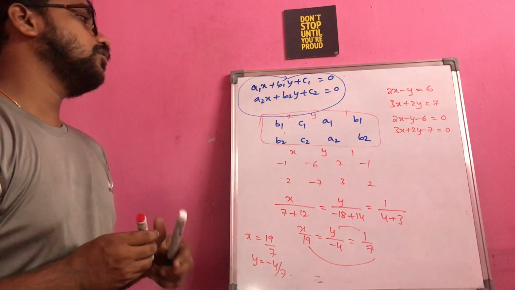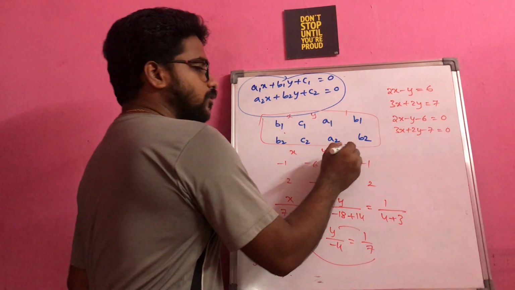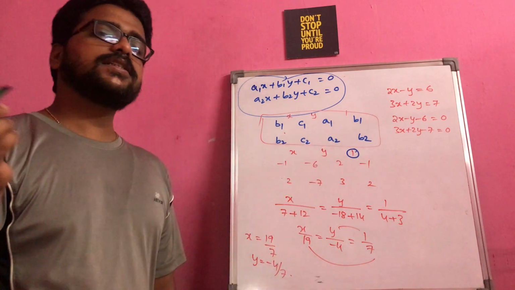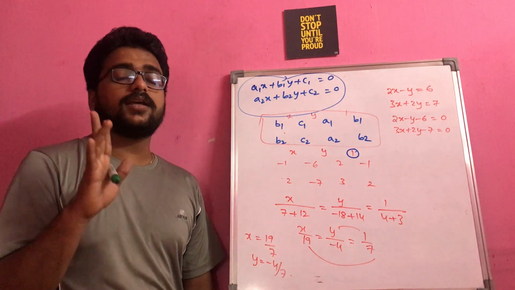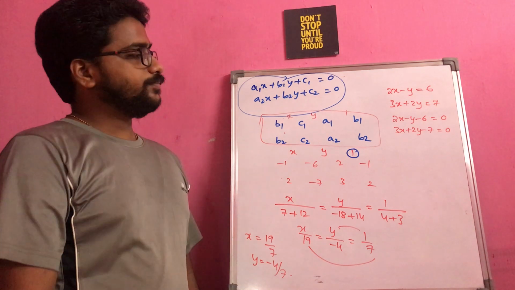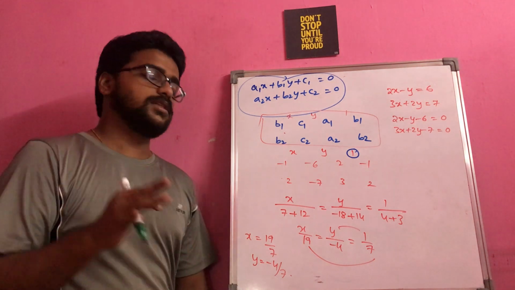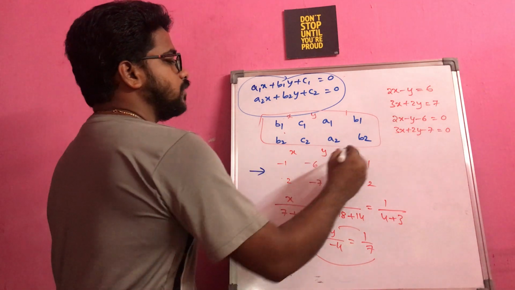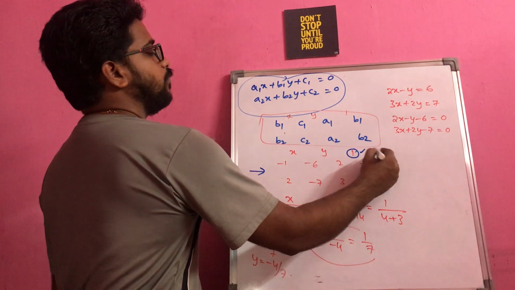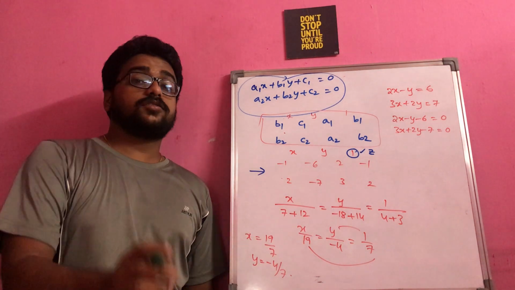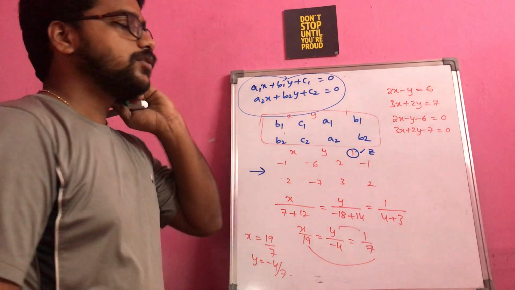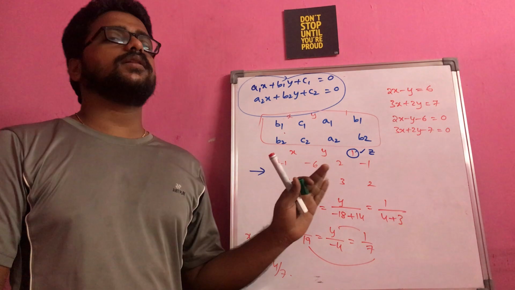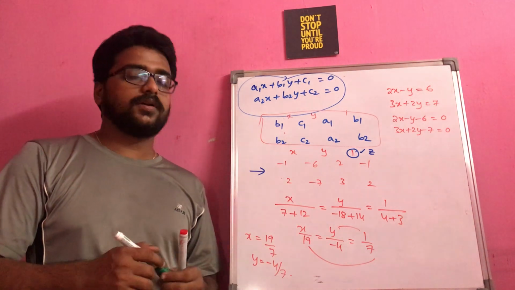See, that's why I told you here you are placing the constant, right? If it is a third variable, like if you are having two equations with three variables, you can still use this procedure, because in place of this constant I will place the z variable, because of which I will be getting the values of x, y and z. So this is mostly useful in the three-dimensional geometry topic of class 12.